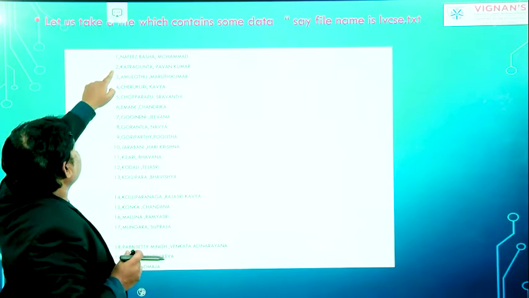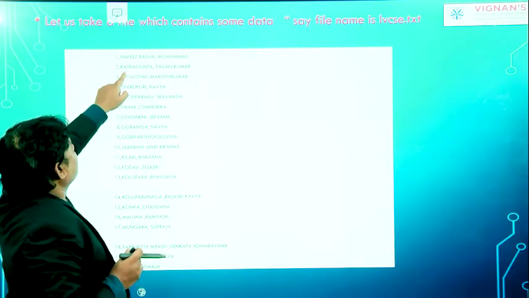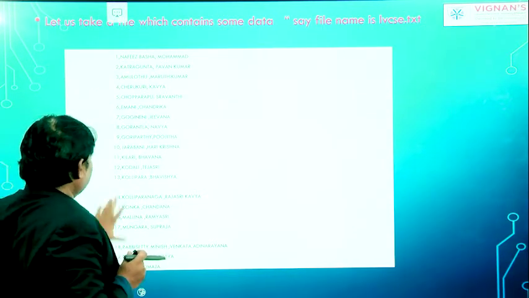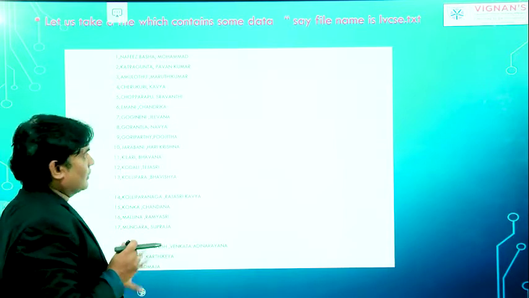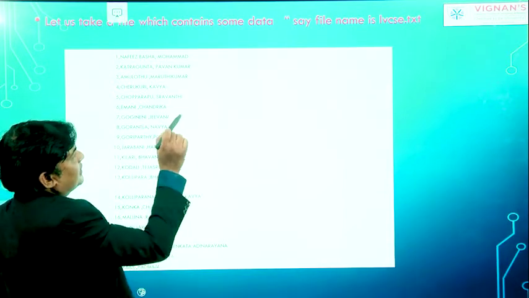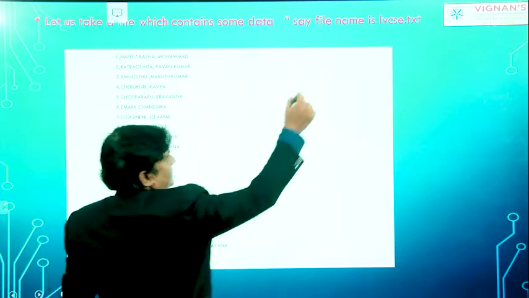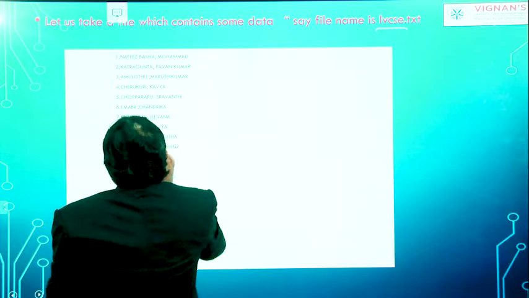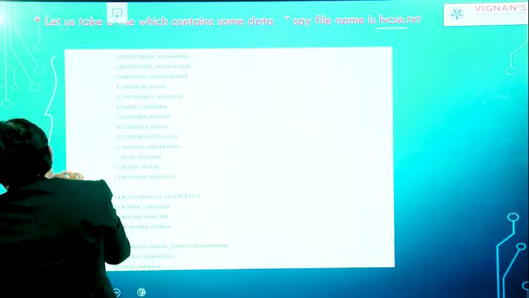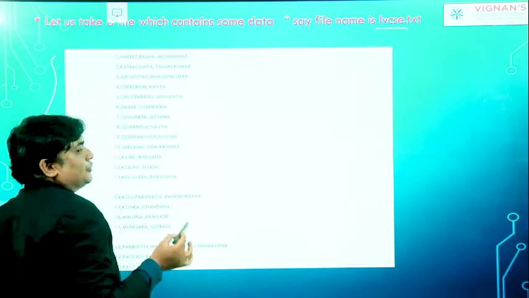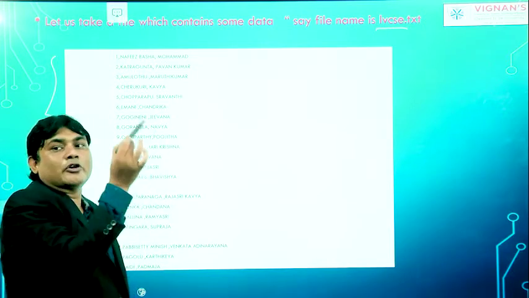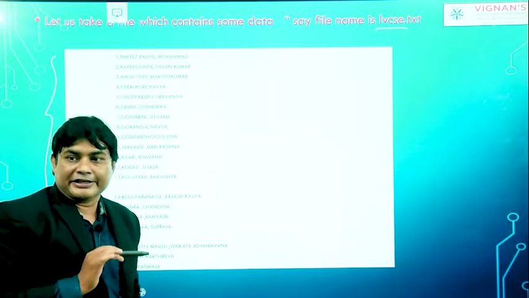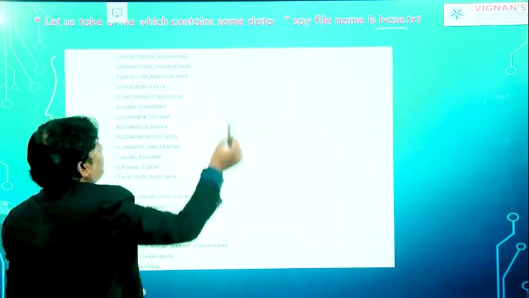Similarly, ID number 2, first name Katragunta, second name Pawan Kumar. Like this, the following data is available inside the file 4th year cac.txt. Now we are going to load this data into the table we already created, the simple table.